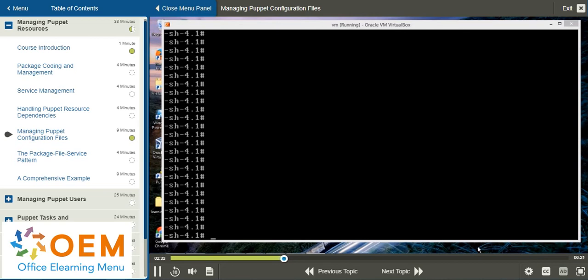Now, resource declarations are written in the DSL based on Ruby. So if you understand Ruby, you have a good understanding of how you would start coding in Puppet. If you have a good understanding of Puppet and the Puppet DSL, you're well on your way to learning how to use Puppet as a tool. Now, as far as the DSL goes, the first step in learning how to